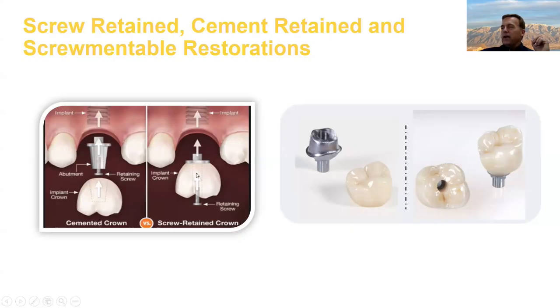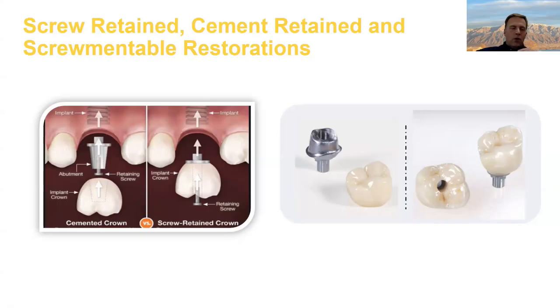the contacts affect the fit. So it becomes a little more challenging to adjust the contacts. You want to get really good contacts, but you also have to make sure this is seated all the way. This is a place where you can tell your lab, hey, put a little extra time in those contacts on the screw retained, because those really make a big difference for you, as you know. So sometimes the